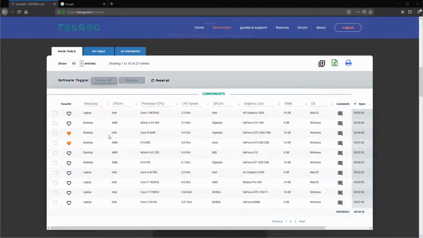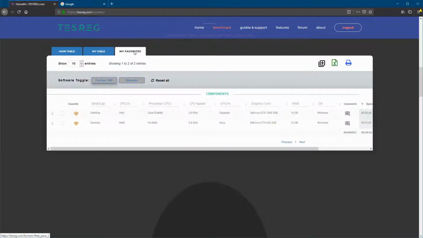Okay, so if you're going to continue from where we left off last time, as you remember, we added these two rows into our favorites. The favorite tab is right here at the top. Here are my tabs, where your test is going to be here, and your data, and here it's the My Favorite. We click on it, so you can already see the two rows we have added. They're over here, and